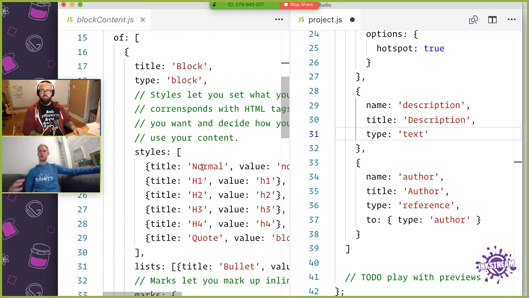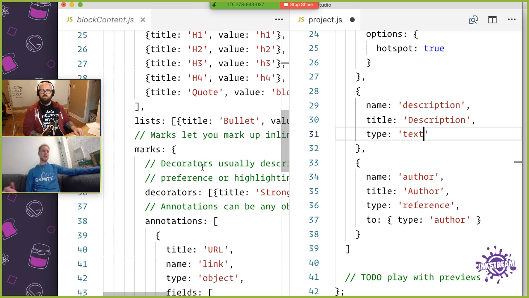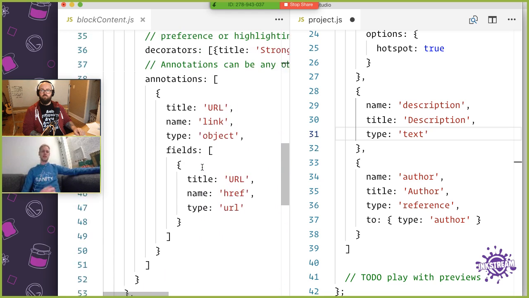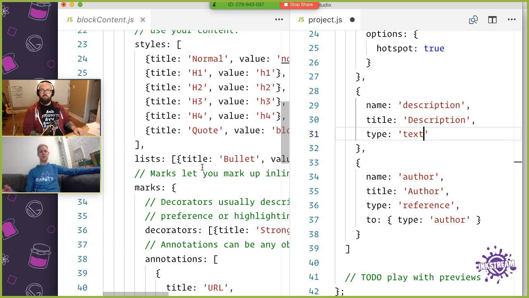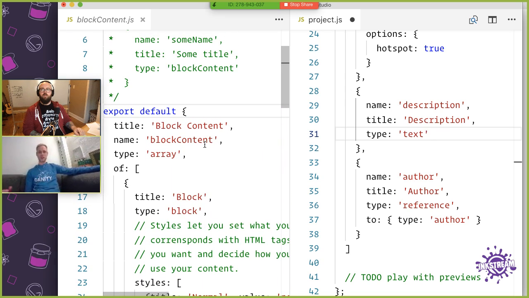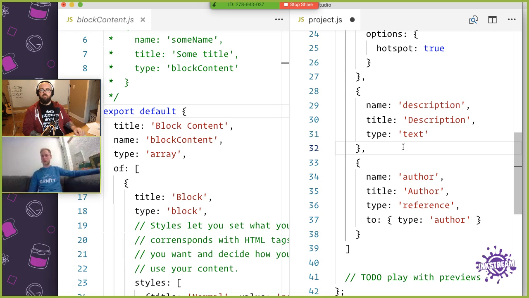Block content is our way to represent rich text and be able to embed things like images and structured links, not just as strings, but as references to other documents. You can make all kinds of custom annotations. But it creates a JSON representation of that text, so it's a bit harder to get started with. If you just want simple text without any formatting, you'll probably want to use just text, which is just a presentation format for a string, basically a longer string. Okay, let's start here,